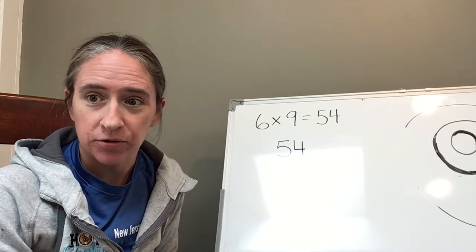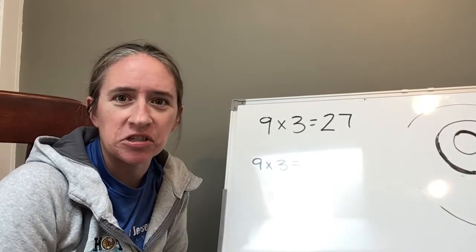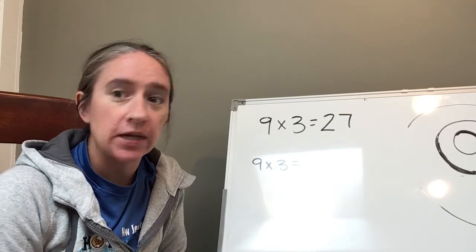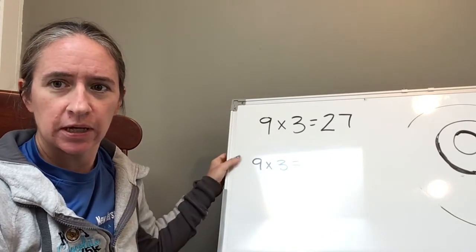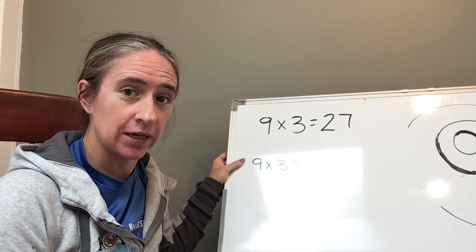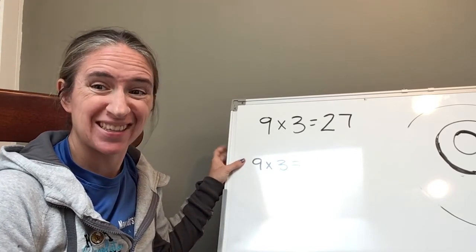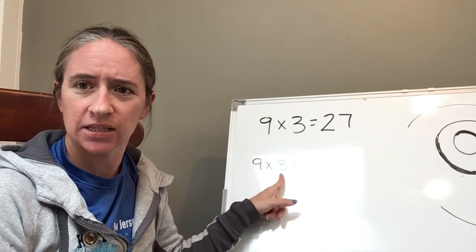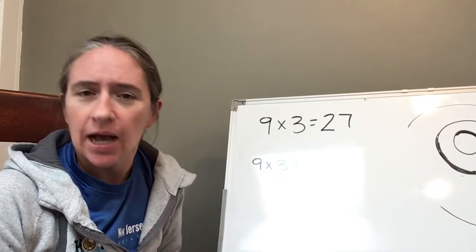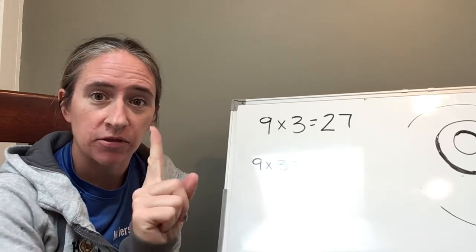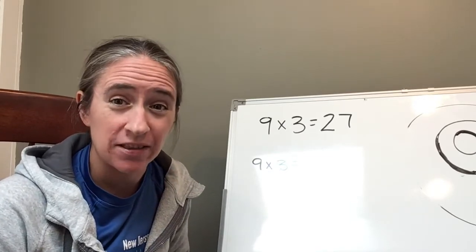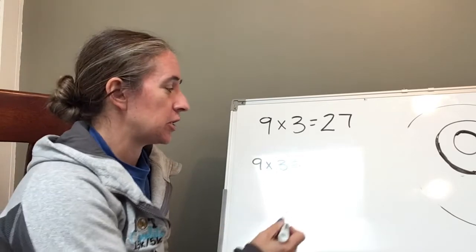That is my product. Don't believe me? Let's try it again. So I'm going to be solving 9 times 3. I put this here so we can check our answer. So here is our multiplication problem. I'm going to look at the factor that's not 9. The factor that's not 9 is 3. I think to myself, what number is 1 less than 3? The number that's 1 less than 3 is 2. So I'm going to put a 2